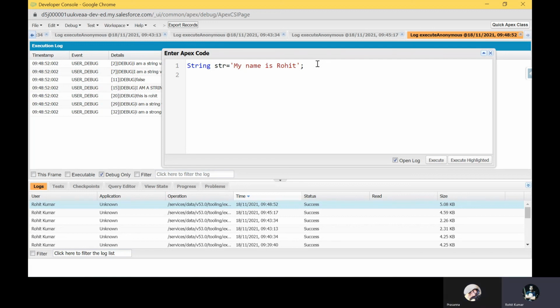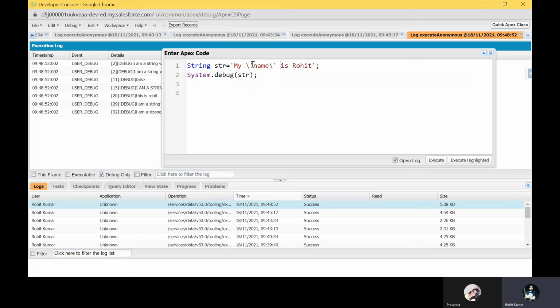First of all, use System.debug. Let me print str here, and now you can manipulate the string and give a backslash for it. Just use backslash single quote, and then another backslash single quote at the end.